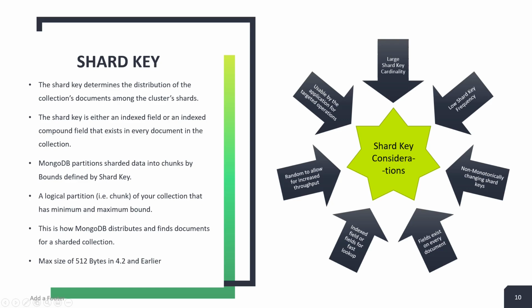And then the field we specify as the shard key has to exist on all the documents, so that the data will be split across multiple shards without any misses. And then it has to be an indexed field, or a very easy field to look up, so that your performance will be improved. And it has to be random so that your throughput will be increased as well. And very important is that your application should use the shard key. So instead of broadcast, if your application uses targeted operations, your performance will be better. So based on these considerations, you should define your shard key for the particular collection.